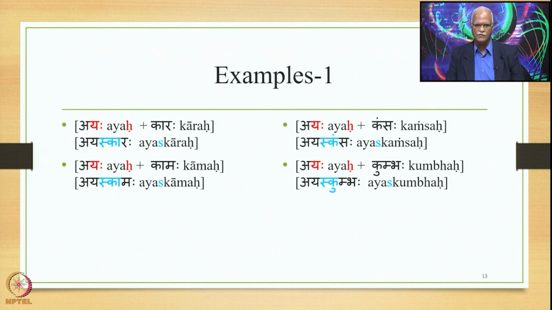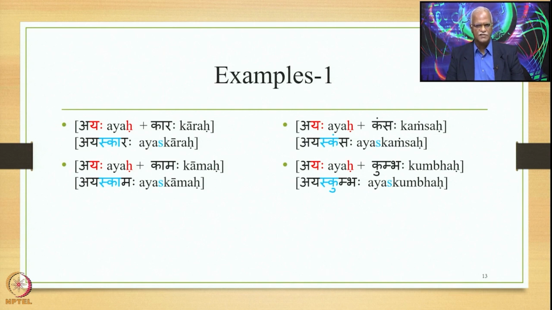Similarly, ayaha plus kamaha, and we get ayaskamaha. Then ayaha plus kamsaha, and we get ayaskamsaha. And finally ayaha plus kumbhaha, and we get ayaskumbhaha. In all these cases, ayaha is the purvapada, visarga is part of the purvapada, it is not part of an